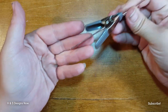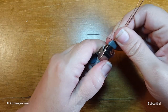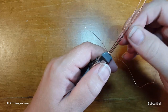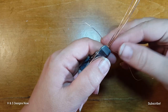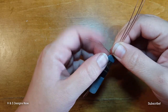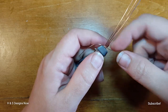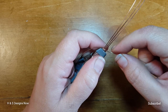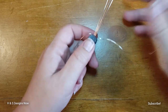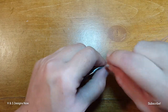And I'm going to bring this up to where my weave is. So you see I have a pretty little tail sticking out there. Alright, and oops, got a little too far. There we go. So I want to try to bring this flat as close as I can. You can use your pliers at this point if you want, or you can do like I just did and use my nails. So at this point, you can either keep wrapping up individually, you could do whatever really you want to. But I'm going to bring this up